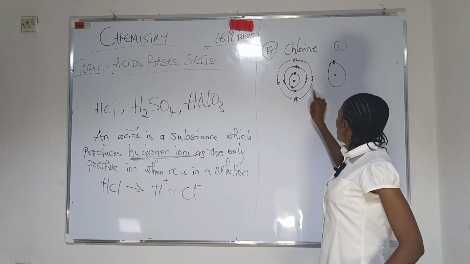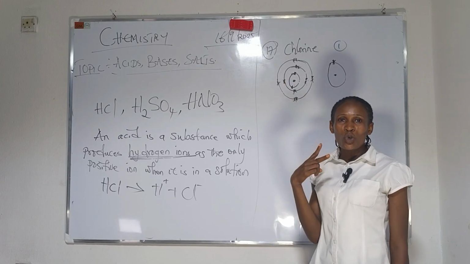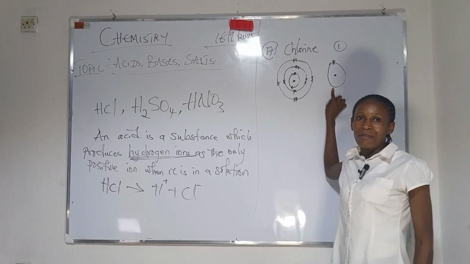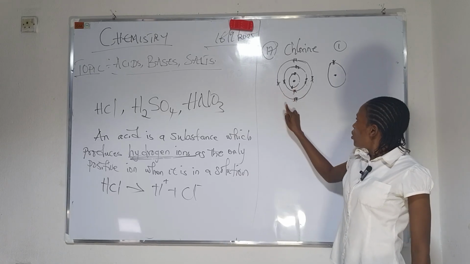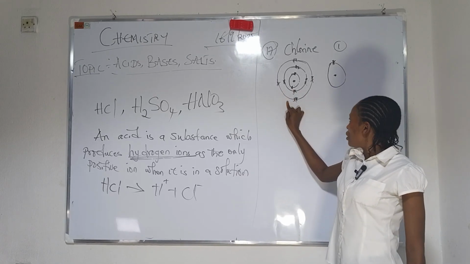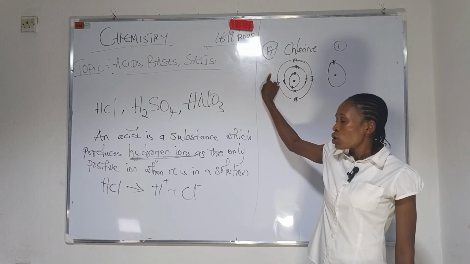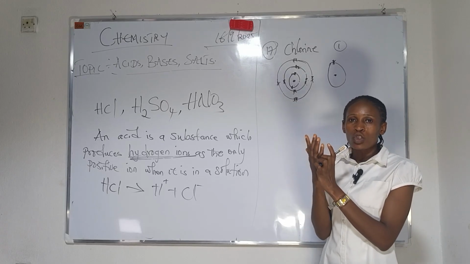But remember, the first shell is entitled to carry 2 electrons, and as you can see, the first shell here has just 1. Whereas the third shell of chlorine is in need of 1. So what they will do is come together to form what we call